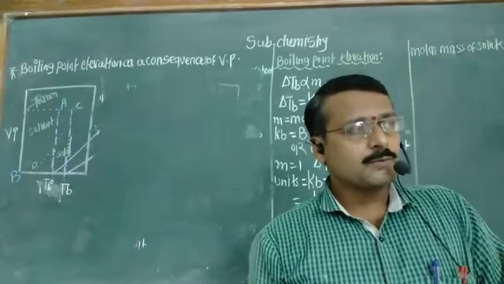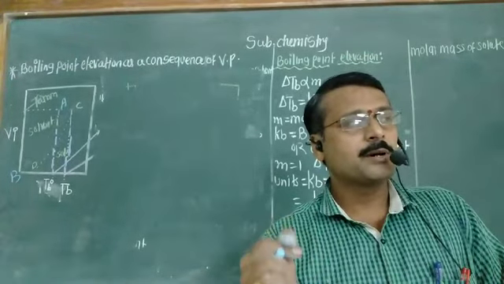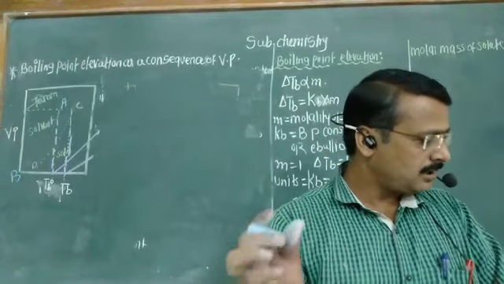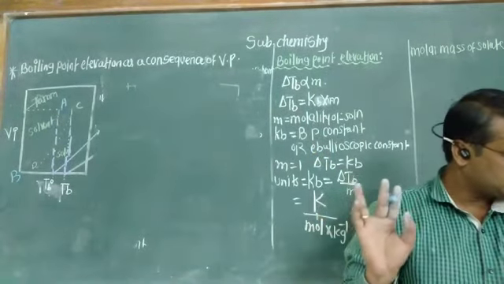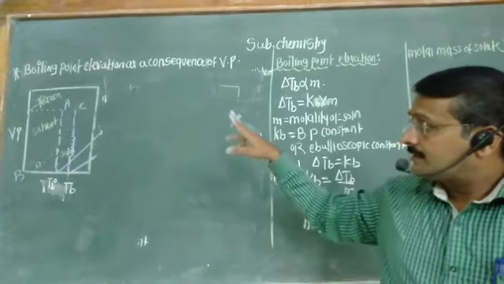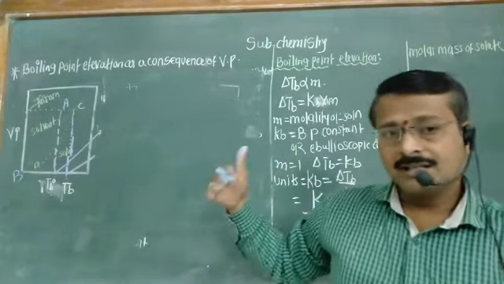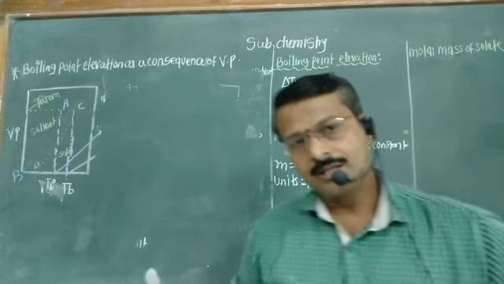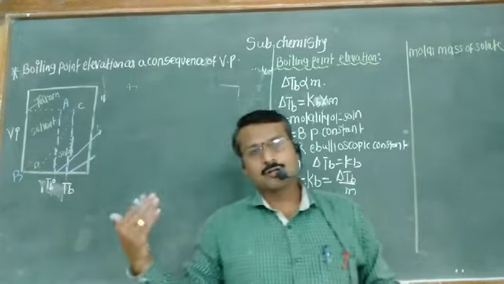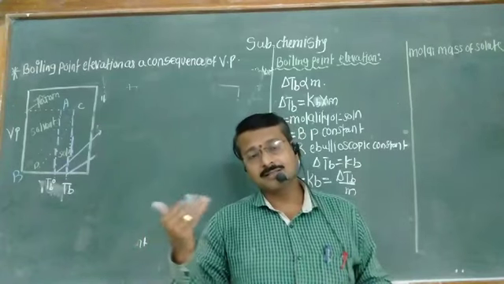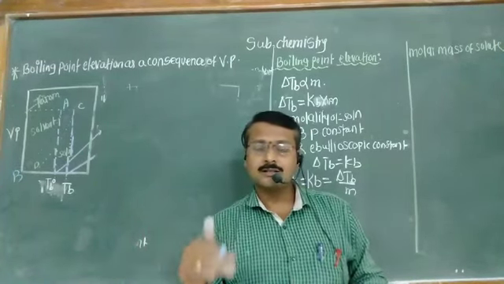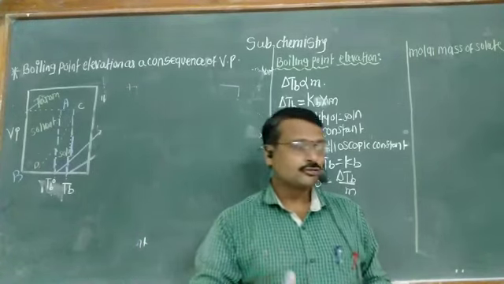The boiling point of a liquid is where its vapor pressure is equal to 1 atmosphere. In this consequence, we can say that the vapor pressure of the solution is lower than that of the vapor pressure of the solvent. But the boiling point of the solution is greater than the boiling point of the solvent.